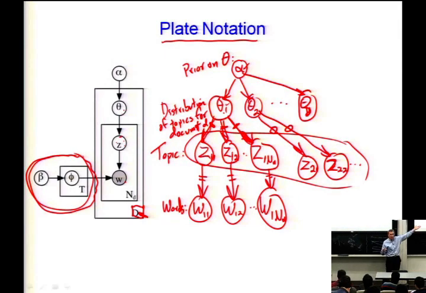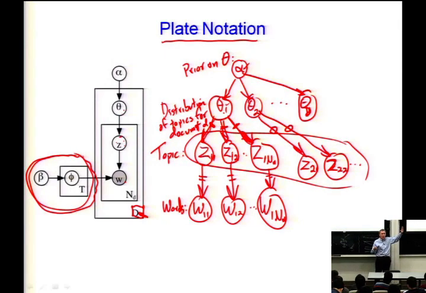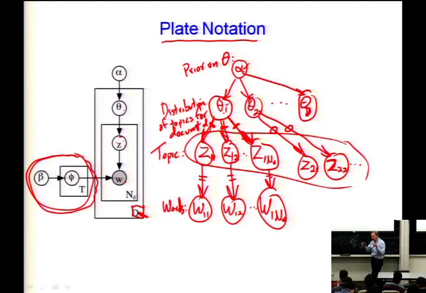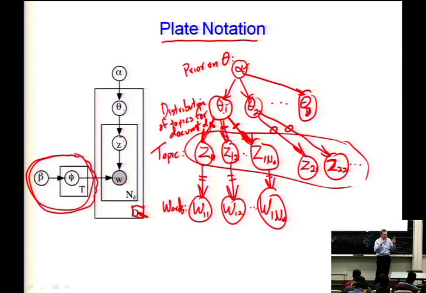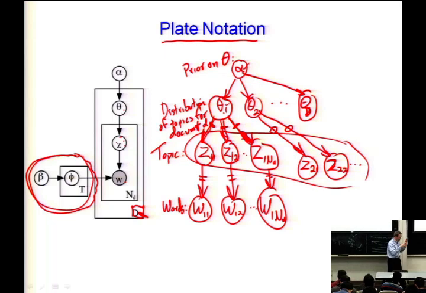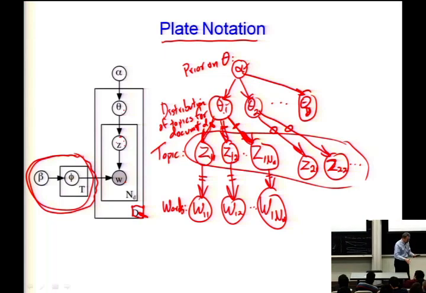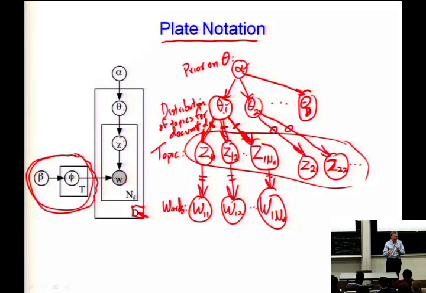Even though we have a single Bayes net, we take several draws, and of course we get different values of the random variables. So when we talk about different documents, M, from the single Bayes net,